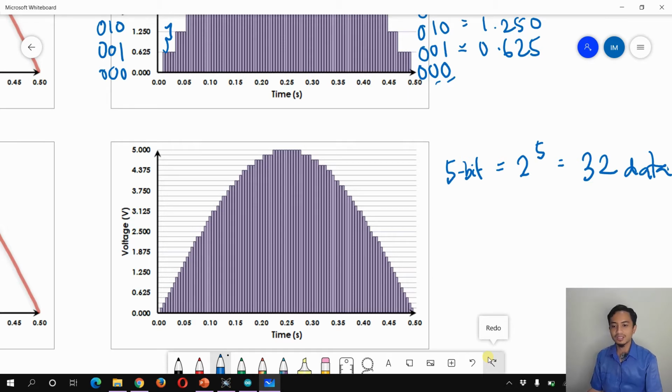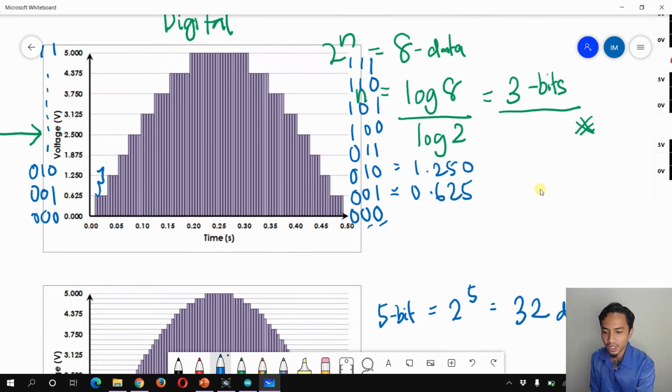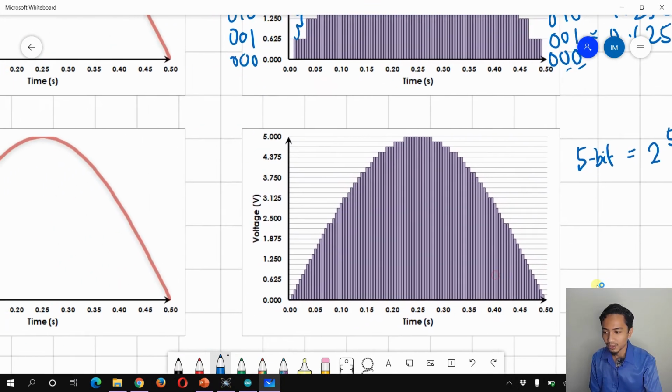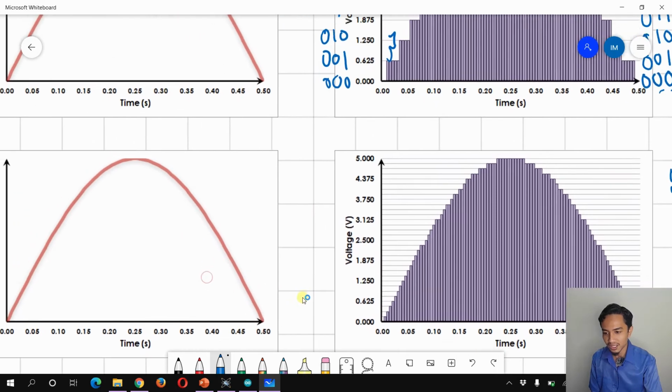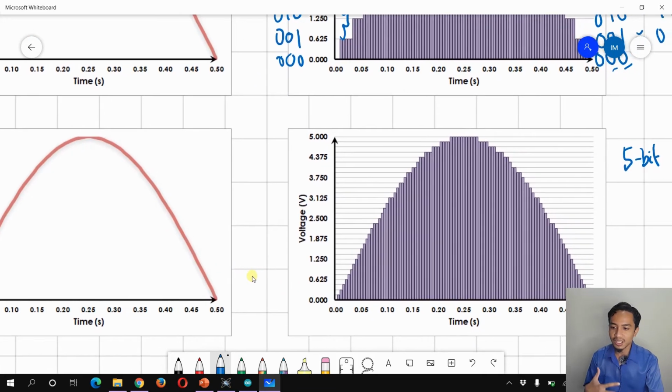So we'll get 32 data here, which is more than just 8 data in the previous example. This is why, again, we get much closer values compared to the analog signals here. So if we increase further to 6 bits, 8 bits, and finally up to 10 bits, it will have,